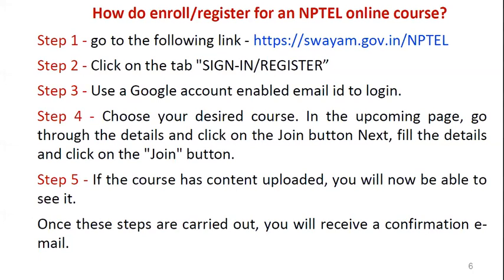Then you can choose your engineering discipline, then your age range, then your college name, etc. After that, at the bottom, two check marks are there. So read the instructions, etc. Then click on join. You will be directed to the course page. Then automatically you will get an email confirmation also. Your registration is successful. Only one time you have to fill all these basic details.